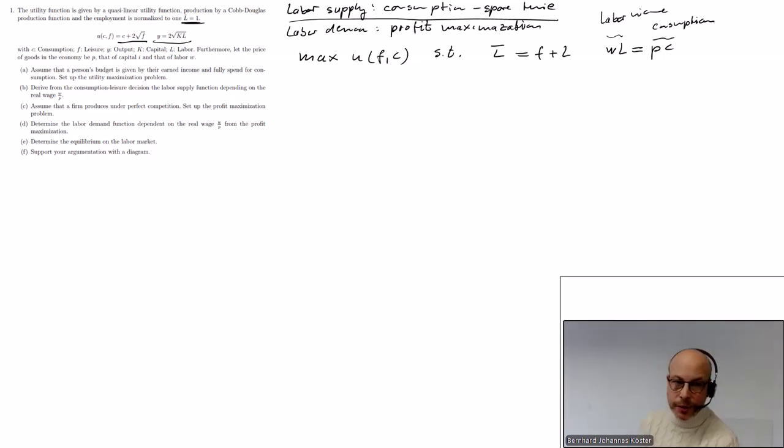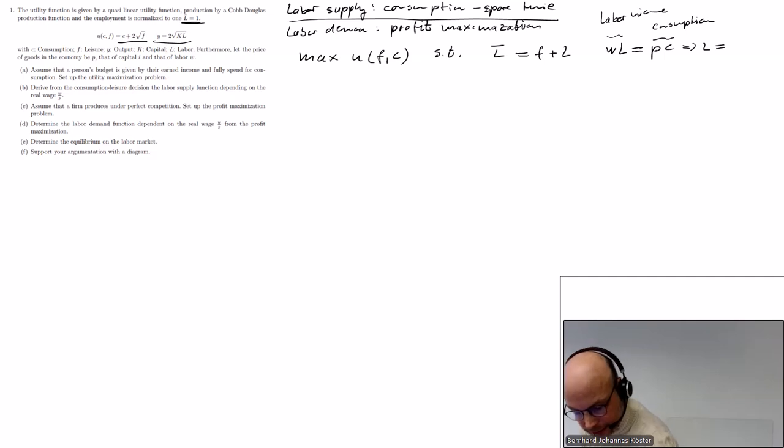Now we have two restrictions, and then I said to you, well, we can solve this for L is L times P over W times C, and inserting this into the time restriction, we obtain L bar equals F plus,